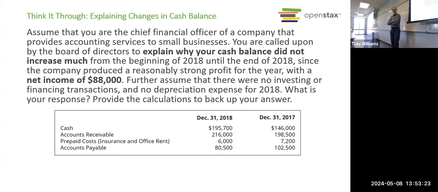Yeah, bills to pay. Bills to pay, okay? Exactly. We see accounts payable went down. How do accounts payable go down? If you pay them, right? We must have paid down some money that we owed to some suppliers. Prepaid costs for insurance and rent have also gone down. That might have just been from using it though. That might not have been cash flow related. So definitely accounts payable has a big impact. What about the change in accounts receivable? Would that have any impact on our cash flow?